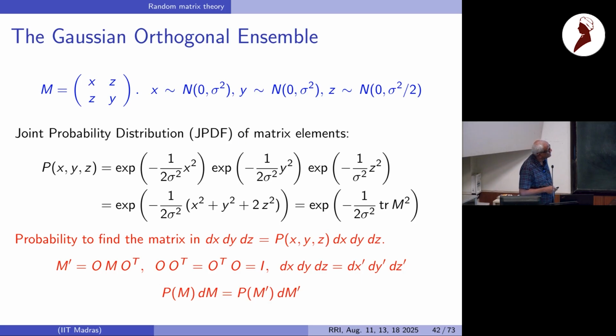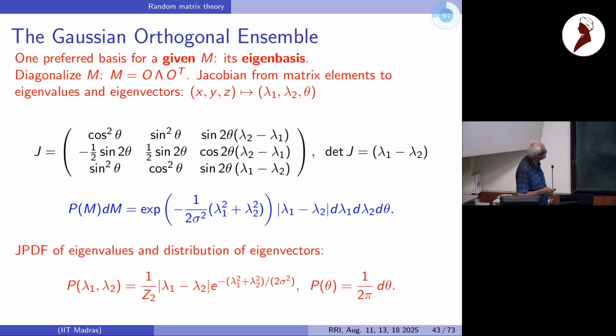What exactly do we want to solve? We might want to look at, for example, eigenvalues. So you have this matrix, which is a random matrix, or you have an ensemble of random matrices, so you have an ensemble of eigenvalues coming out of this. What are the properties of these eigenvalues? And it has eigenfunctions. What are the properties of the eigenfunctions? So you can actually go from x, y, z in this 2 by 2 case to lambda 1, lambda 2, and theta.